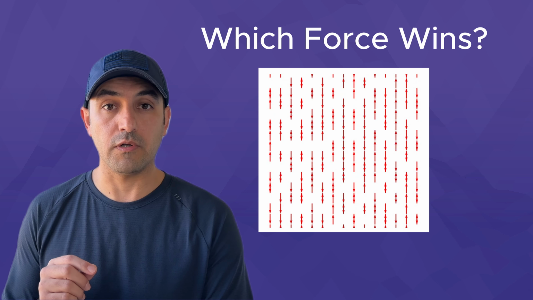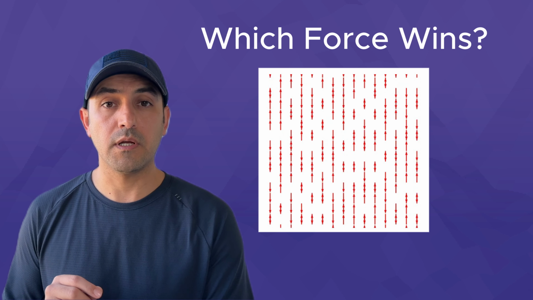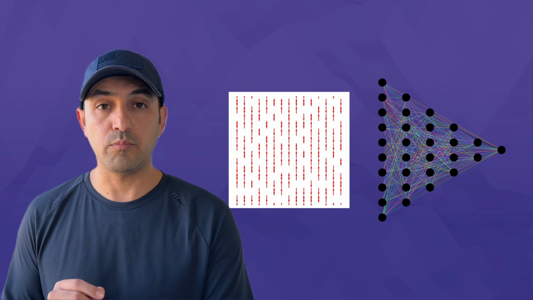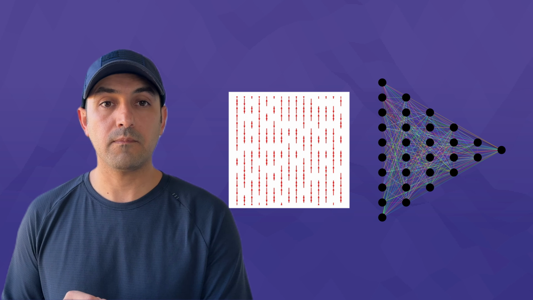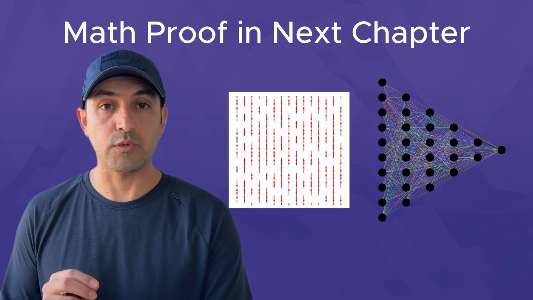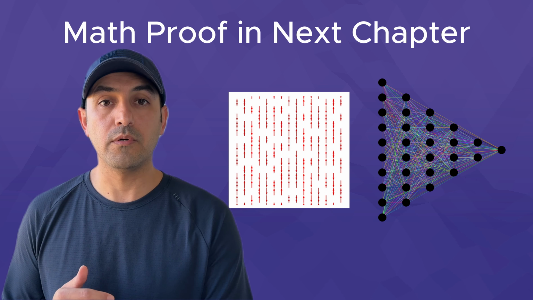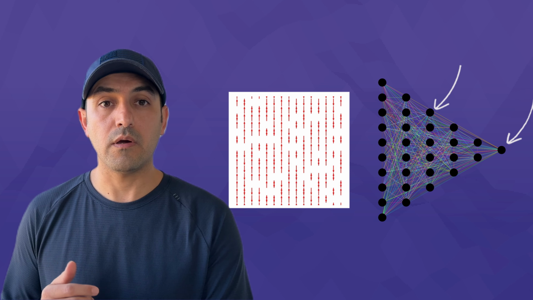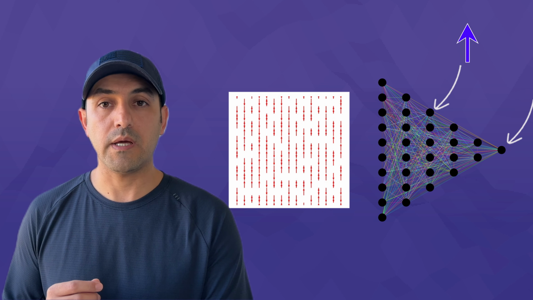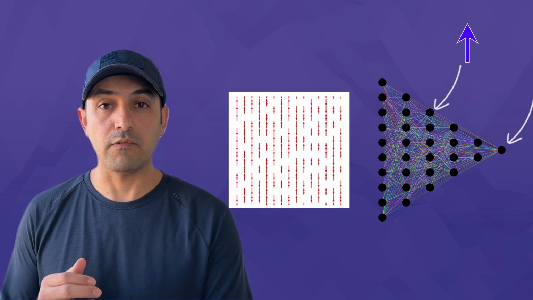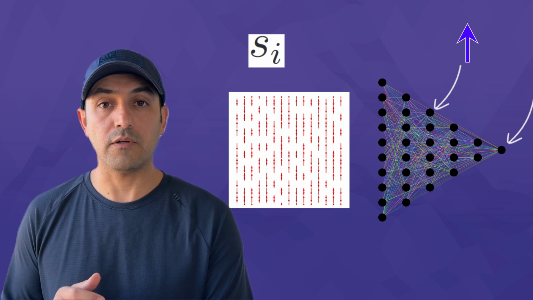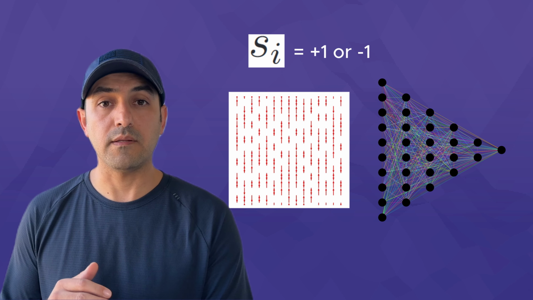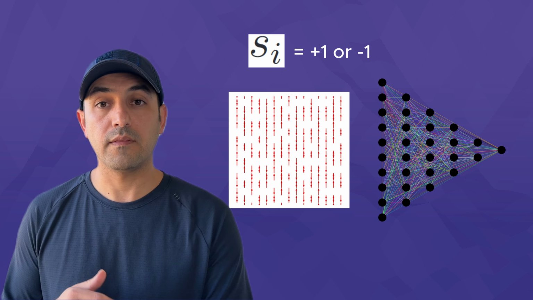Before I go deeper into this system and discuss the different conditions in which different forces win the competition and how the overall system will look under each condition, let me first establish the equivalence of this system of spins and a deep neural network with the following design. I will mathematically prove these equivalences in the next chapter of the video, but for now, just accept that the hidden neurons and the output neuron are the spins in the Ising model, and I represent all of them with a vector S. Each component of the vector S refers to the numeric value +1 or -1 that the corresponding spin or the neuron takes.